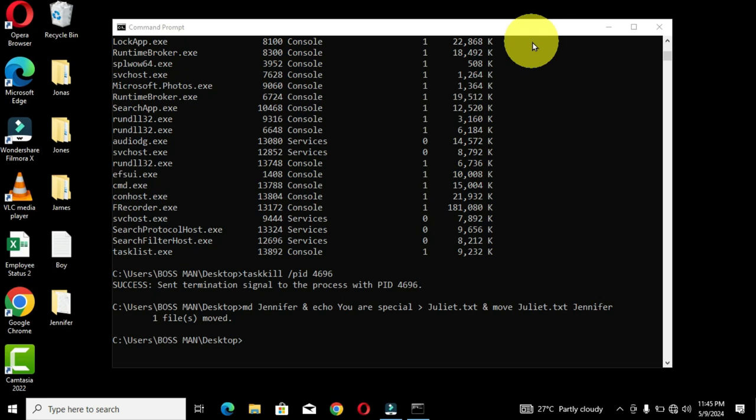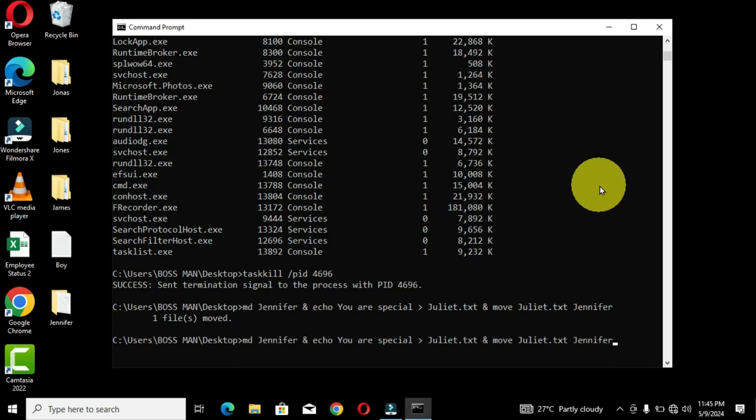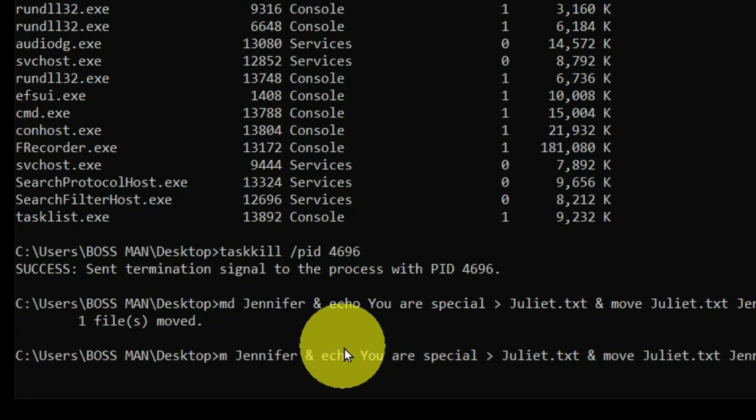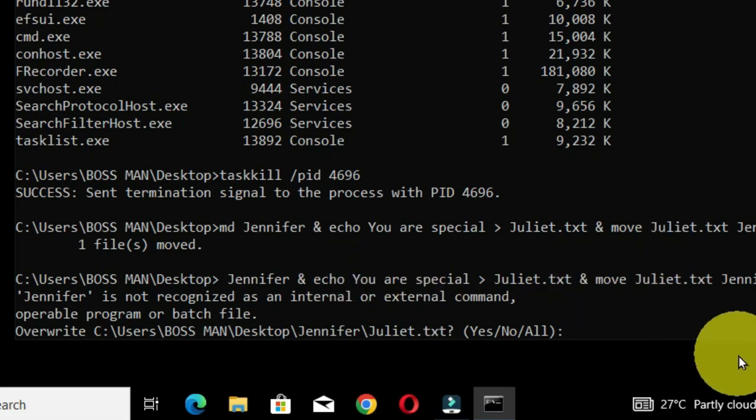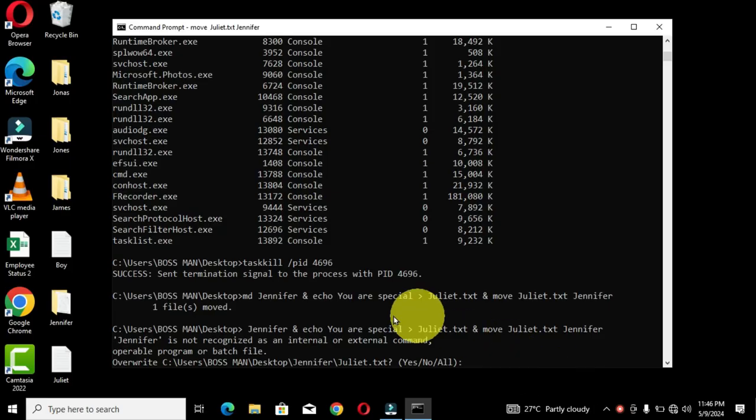I'm going to make a mistake in the first command line, in this particular line of path. Therefore, I'm going to use the up arrow key to reveal this command. Then use the control key and the left arrow key to jump across these commands. And I am going to delete this and press the enter key. Now, what happens here is that it gives you an output that says Jennifer is not recognized as an internal or external command, operable program or batch file, and therefore this has created a text file because this first command